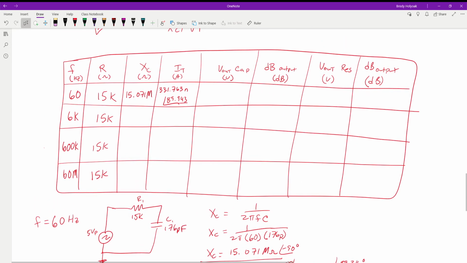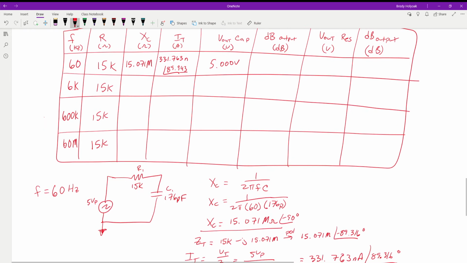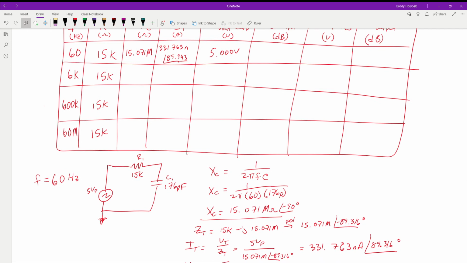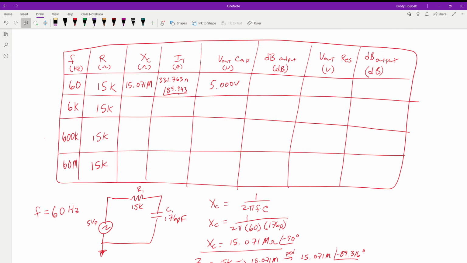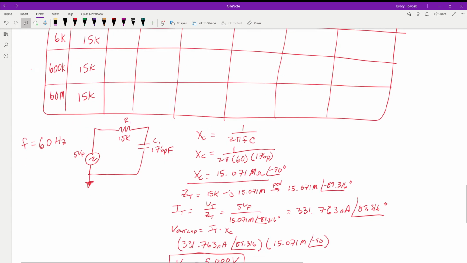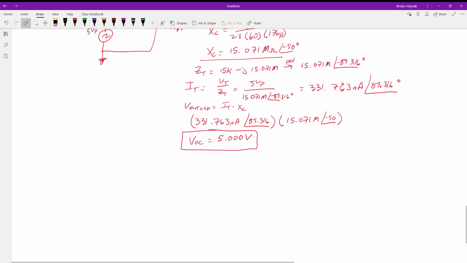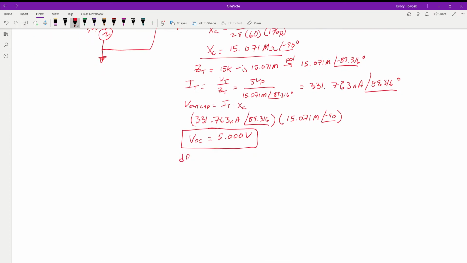So the voltage we have across our capacitor is 5.000 volts. Now the reason I'm including the 3 zeros is because that's what my calculator spit out. It rounded off the value and gave me the 3 decimal points of what I wanted. So that's where we're at now. We have that voltage across our capacitor. Now that we have that, one thing we need to look at is, okay, we have the output. Let's find out what the decibels of the signal is.